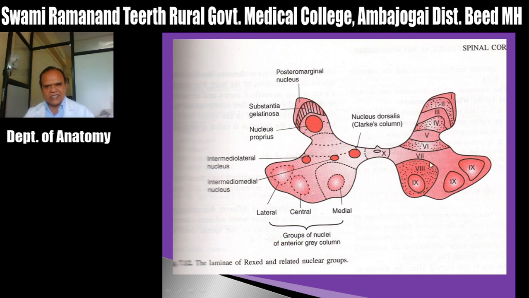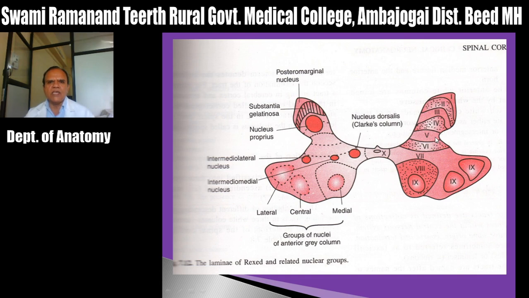When the spinal cord cut section is thick, Rexed discovered this particularly, and labeled it as lamella 1, 2, 3, 4, 5, up to 10 laminae, and they are given Roman numbers 1 to 10. Now see the posterior horn, these are ranging from 1 to 6. And in this you can have the nuclei, substantia gelatinosa, or posteromarginal nucleus, substantia gelatinosa, nucleus proprius,